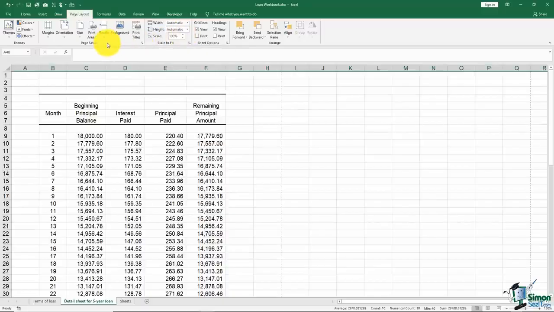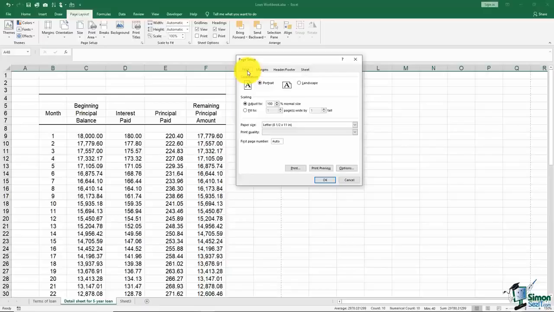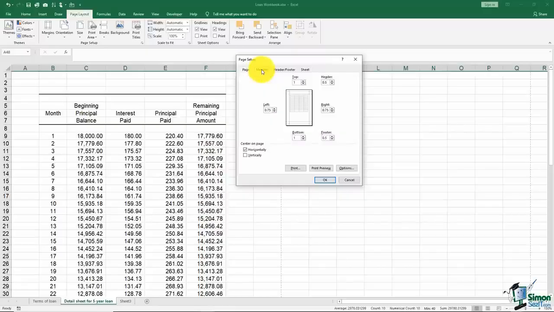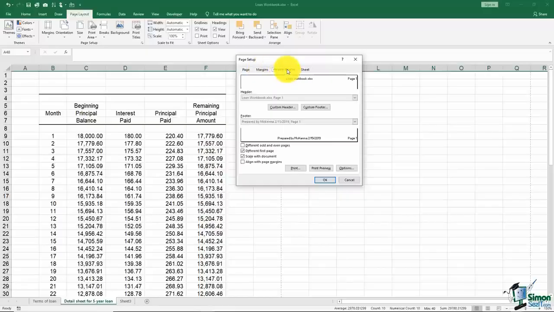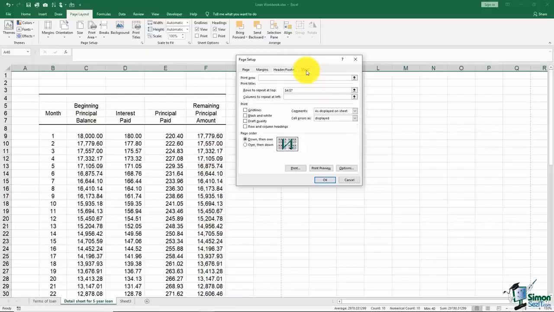Let's go back over here to page setup, because I want to go down here to this arrow and see if there's any options that we didn't have buttons for. On the page tab, here's our portrait and landscape that we talked about. There's your scaling we just mentioned. Sometimes if 1 column prints on another page, you might try the fit to option to see if it would make everything fit 1 page across and 1 page tall. You can change your paper size here. We already talked about margins, and we talked about header and footer, and we talked about a couple things under